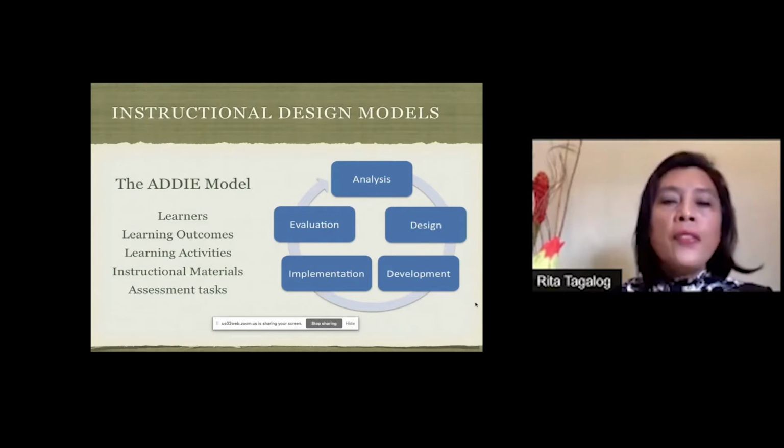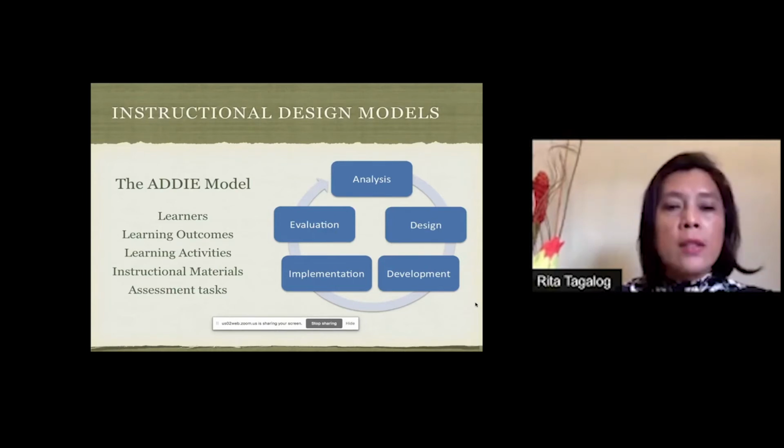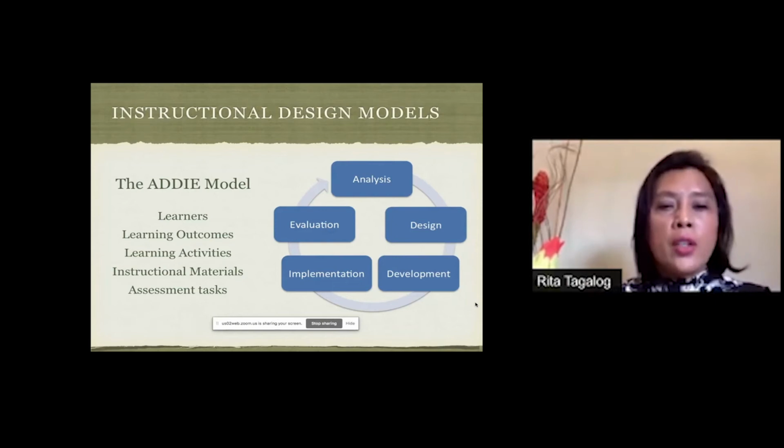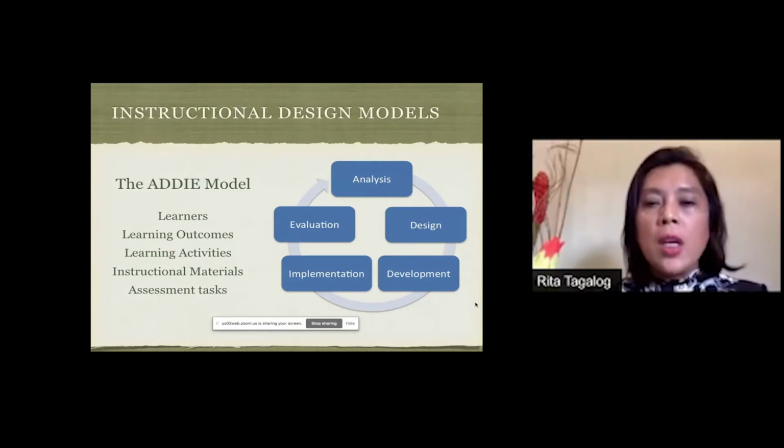So after the analysis, we go to stage 2, which is design, wherein we identify the expected outcomes or learning outcomes to be used, what learning content to provide, and what instructional tools, or what we call the cultural icons, that we can integrate in the delivery of instruction. After designing those components, we now move on to the next stage, which is the development